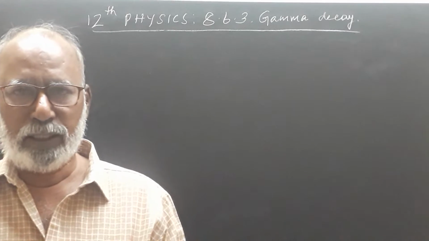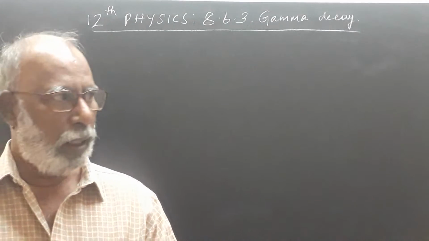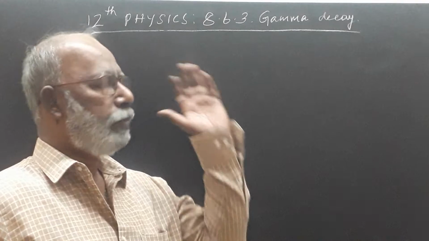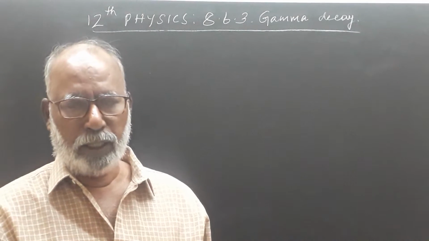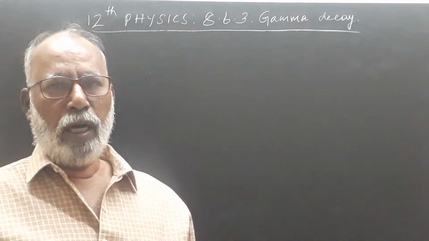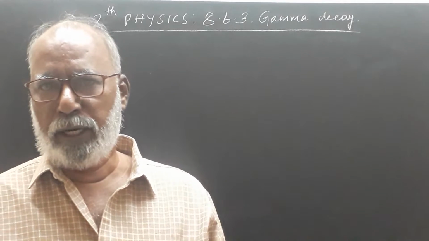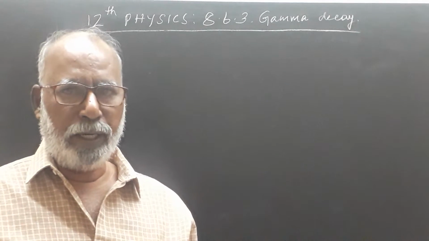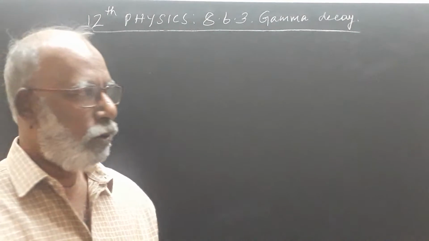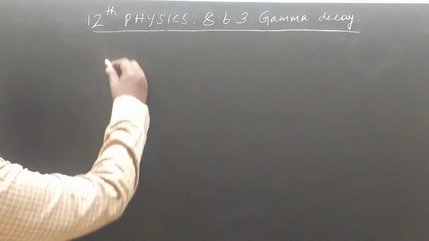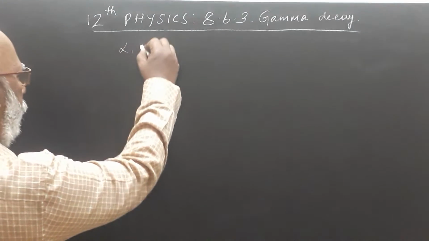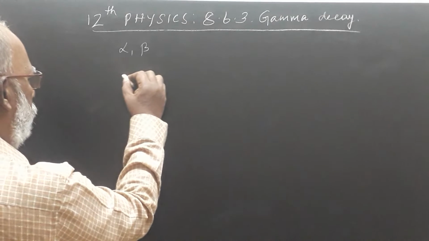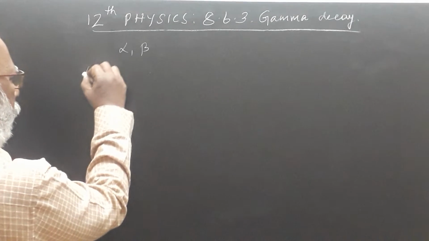In 12th Physics second volume, 8th chapter, section 8.6.3, gamma decay. We already studied about alpha decay and beta decay. So when we are talking about alpha decay and beta decay, we already studied alpha decay is nothing but